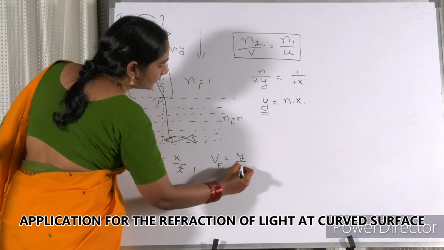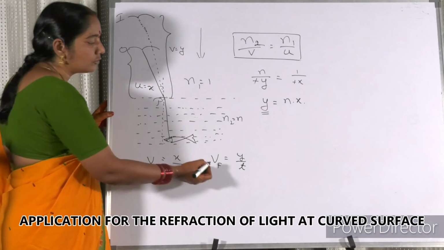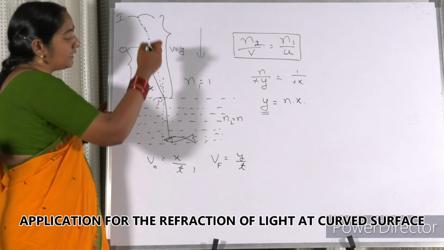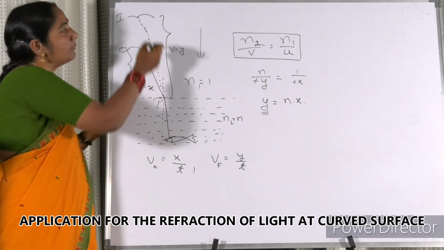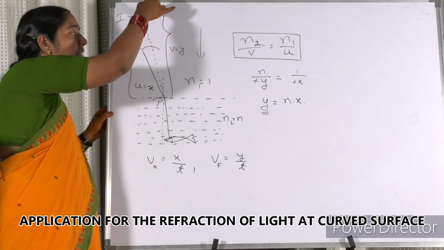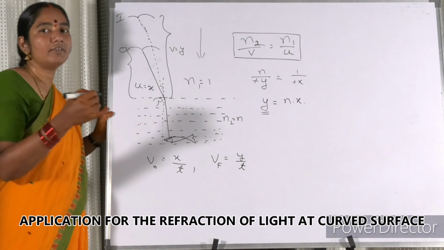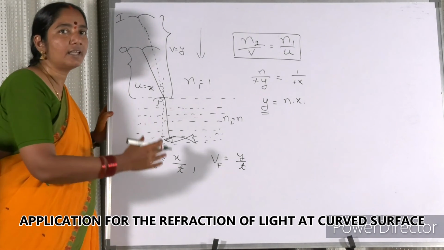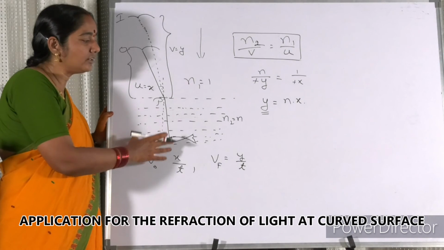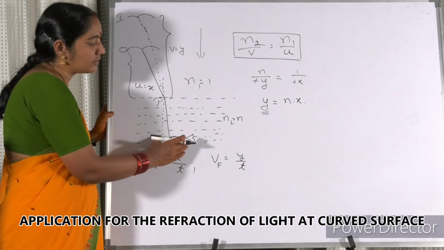So y by t. So y is more than x. So for the fish, it appears as if the bird is coming with a higher speed, much faster than the actual speed. I think now you might have understood. This is the case. So when this is the question which is asked, the answer is for the fish, the bird